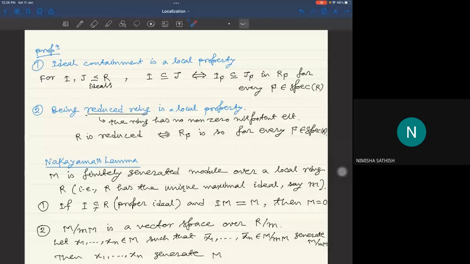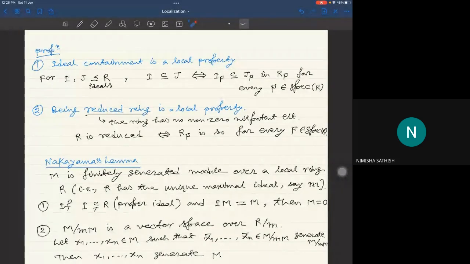Okay, and when this collection is a basis, this is a vector space over this field. So m is the maximal ideal, right? So R mod m is a field, and this is a finite dimensional vector space over it. So you can find a basis. Suppose this forms a basis of this vector space, then x1 up to xn gives